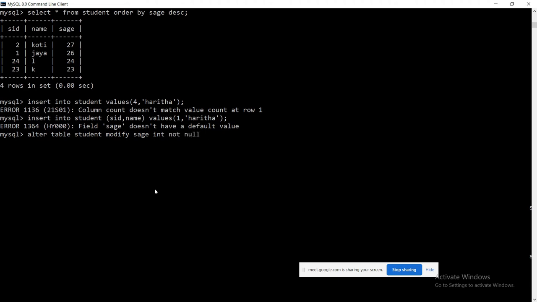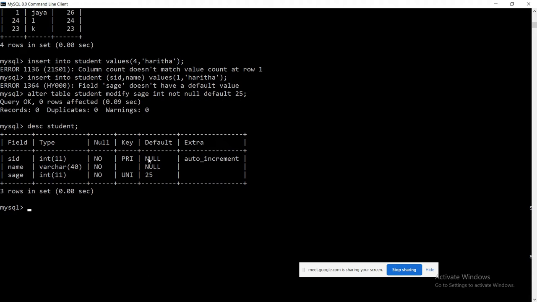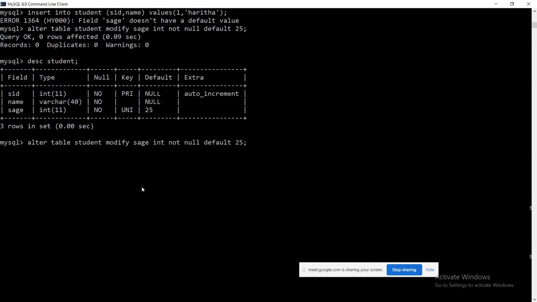And what we have to define is some default value. The command is default value. I am trying to pass age as 25. That's it. We can describe the student. See, you can observe here, instead of having the null value, we are trying to pass the default value as 25. Now if you work with that command, sorry,